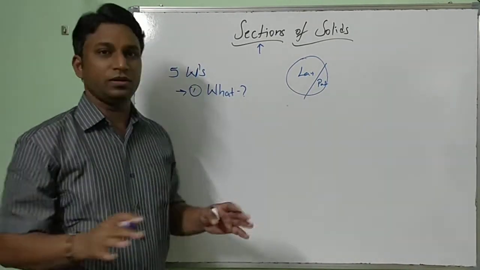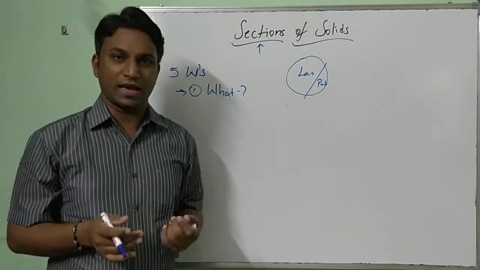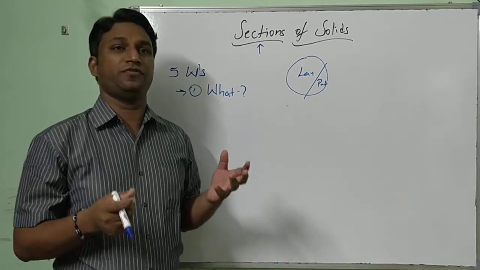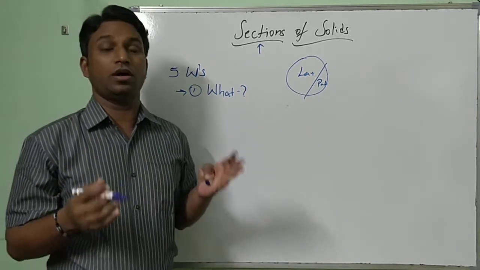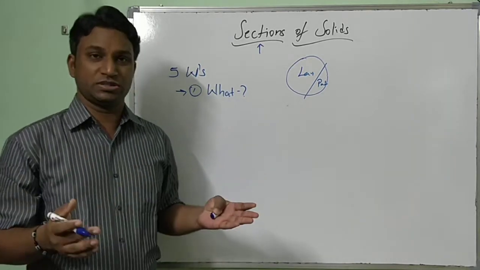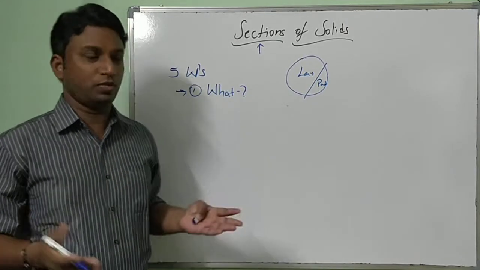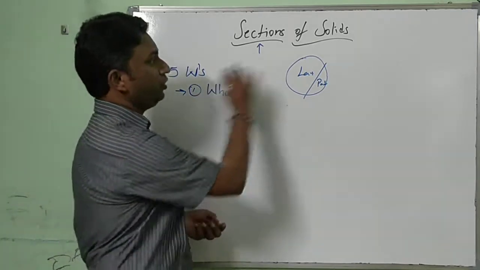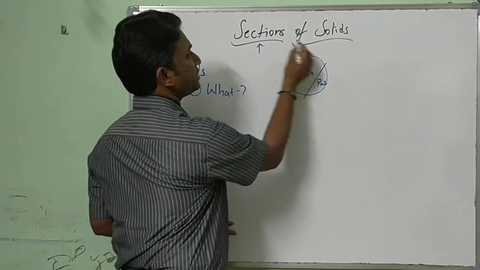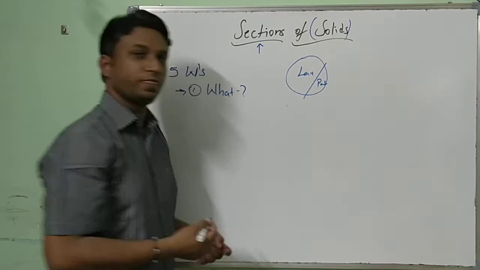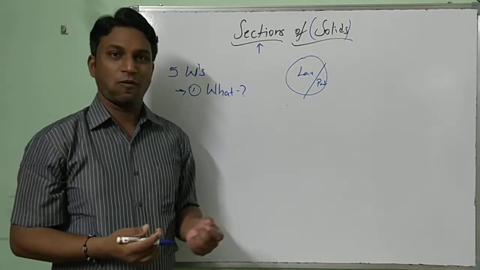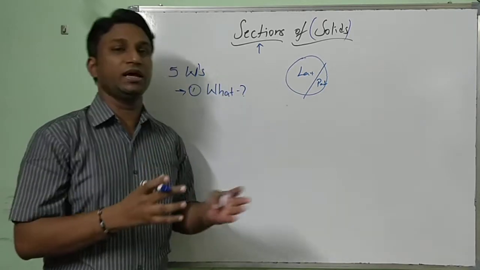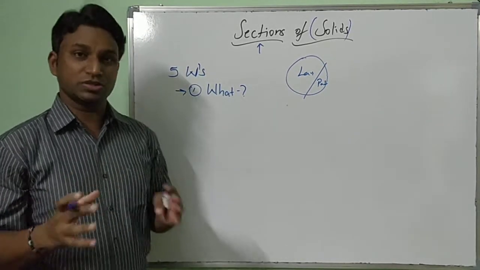Let me make it simple. In your class, for example, first year mechanical students of 120 strength are divided into 2 sections, 2 parts. Hope you remember, section is nothing but part of a large composition. Now, what do you mean by solids? Solids are nothing but 3-dimensional objects, which we discussed earlier in the introduction of projections of solids.